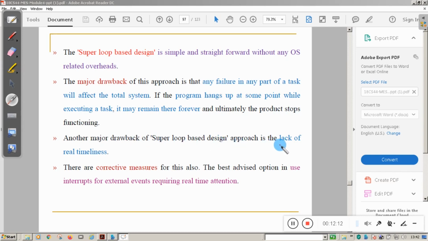In that area we normally deploy this type of approach, and because of that, lack of real timeliness will be there. That is the major drawback. Corrective measures can be taken by means of external interrupt etc.